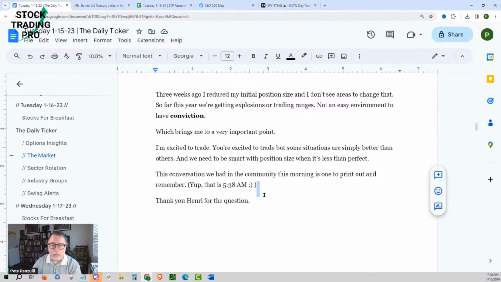Conviction has to be, what is the likelihood of my profit target being hit on that stock pick versus my stop loss? And again, everybody forgets this. It's probability. There's going to be losses. And if you happen to be new to the channel, I just want to be super clear about this. I live in reality. Unlike a lot of people, I live in reality. I could put on a great trade that might not make money, and that's fine.